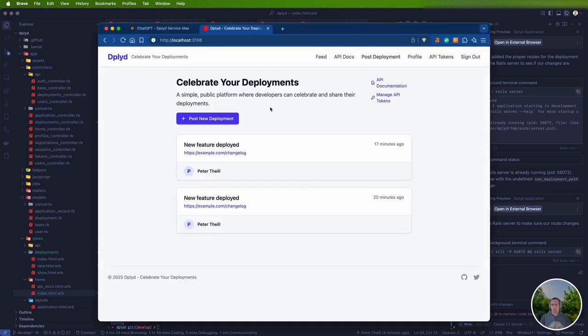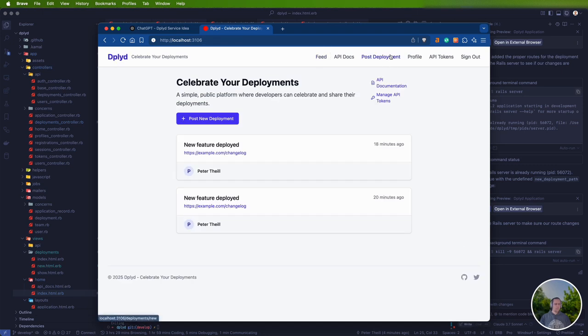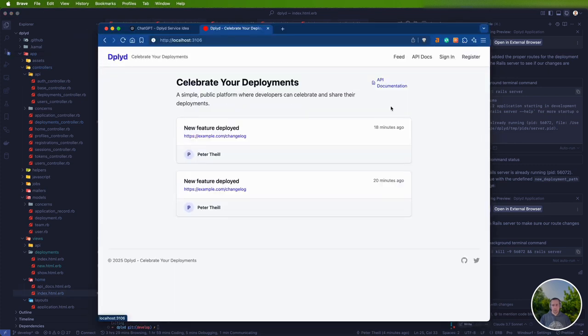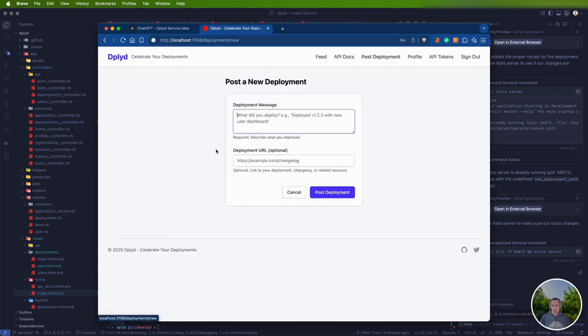And now reload, and now it is. So now we have feed, API docs, post deployment. So for whatever reason, it created this as both. That's a little bit strange, but anyway, on the page, if you signed in, you have a post new deployment. If you're not signed in, you don't have the one. You sign in, boom, you have it, you press it,